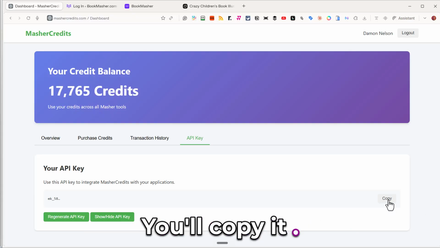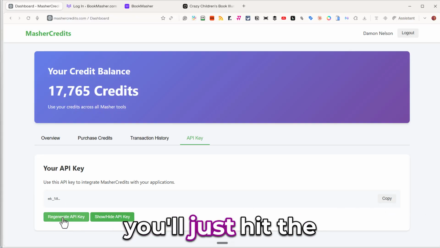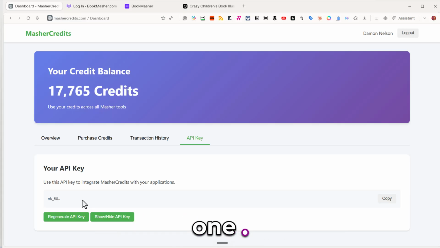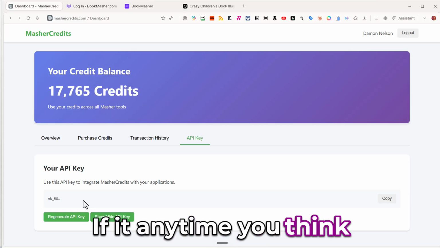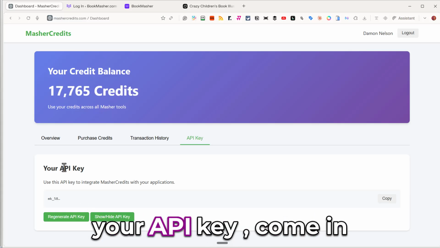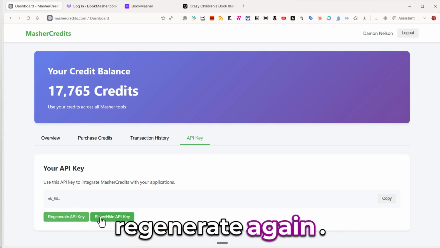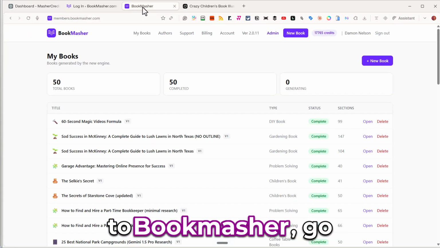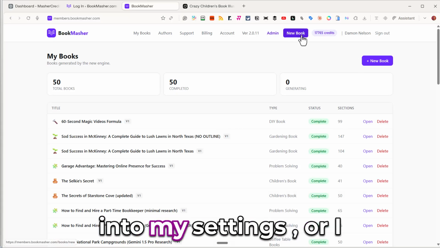You'll copy it. Okay. If you don't see it, you'll just hit the regenerate button and it will give you a new one. If at any time you think somebody has stolen your API key, come in here and hit regenerate again. But I am going to copy it, come back over here to BookMasher, go into my settings, or